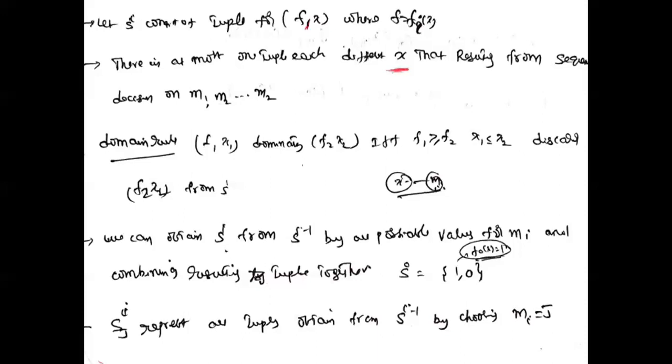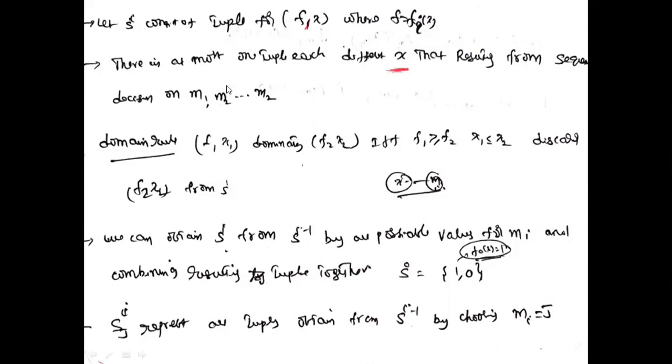Suppose in the first stage we use M1 equal to 1, in the second stage M2 equal to 1, and M3 equal to 1. That is, we are using different x values, and different x values mean different cost values. Different cost values mean different m values: m1 equal to 1, m1 equal to 2, m2 equal to 1, 2, 3, and m3 equal to 1, 2, 3.